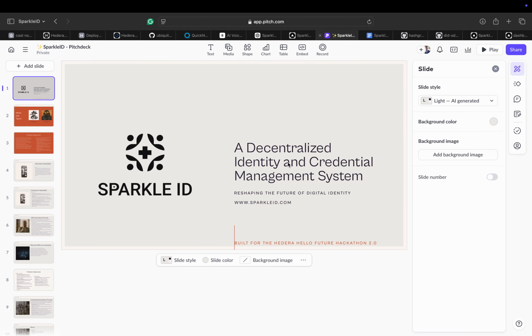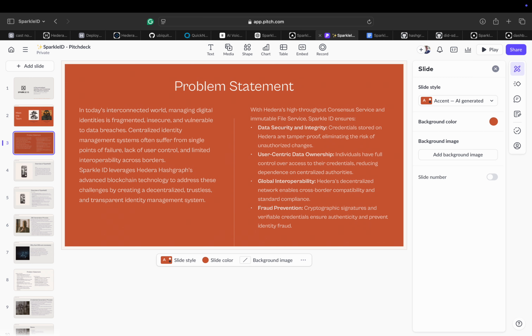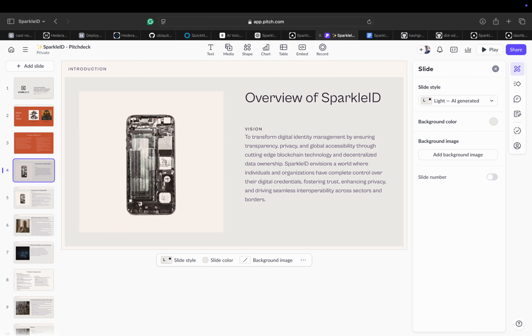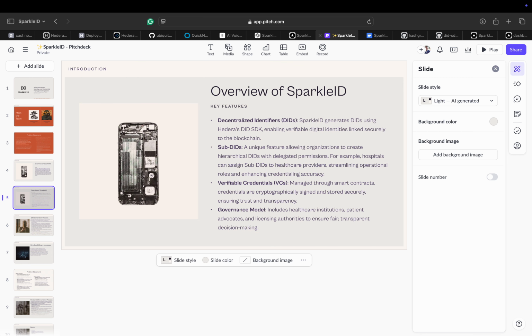This project is built with my brother, and it aims to address some of the key problems that I have been able to identify during my course of working as a pediatric doctor in the NHS. Essentially, what Sparkle ID does is it helps in the ID orchestration and also introduces this new